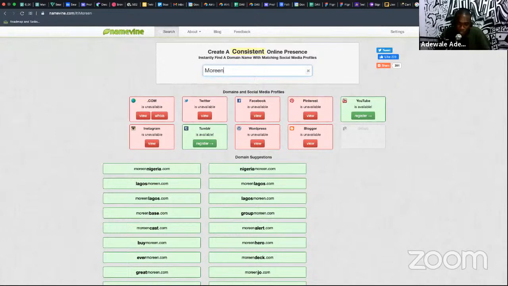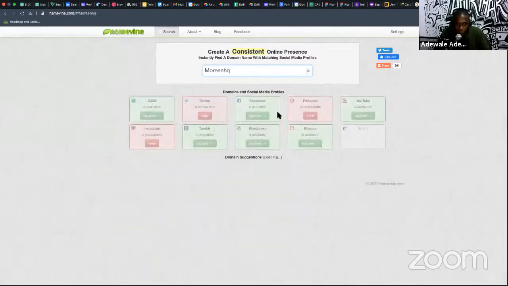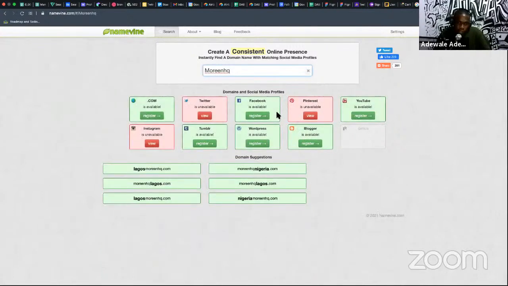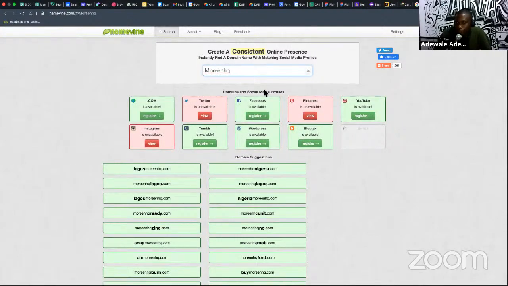So let me see if I put ink at the back. .com is available. Facebook is available. YouTube. I think this one is good to go, except Instagram. What about HQ? Okay, this one too is good. Okay, it's not so bad. Just write your stuff. So I think I'll pick this. This one makes sense. So I can have maureenheadquarters.com or hq.com. You understand? But I'm very, very particular about Twitter and Instagram, and it doesn't look like